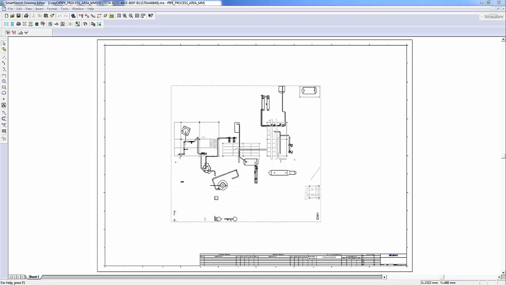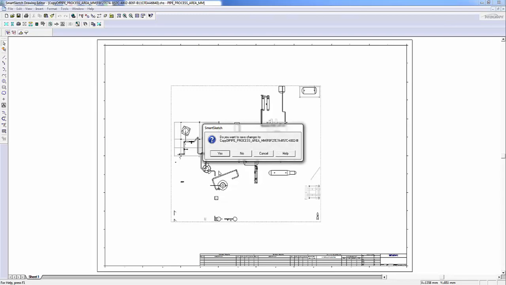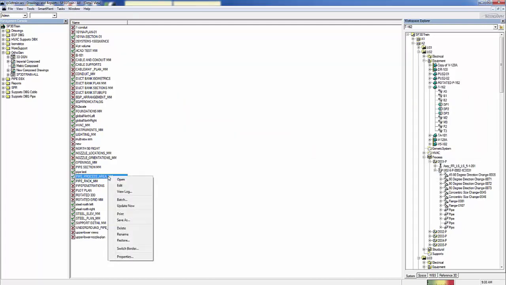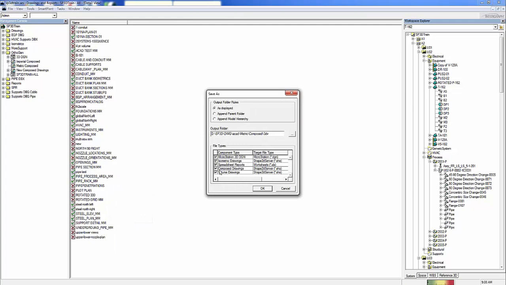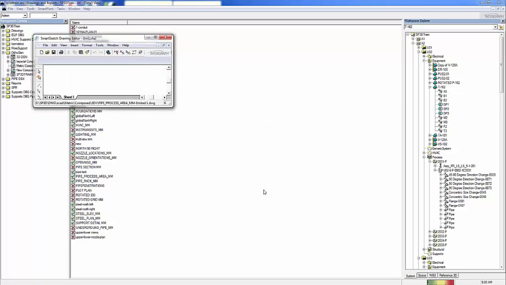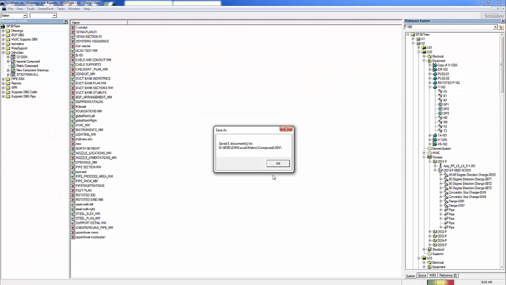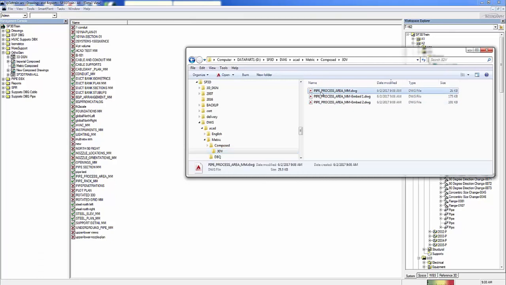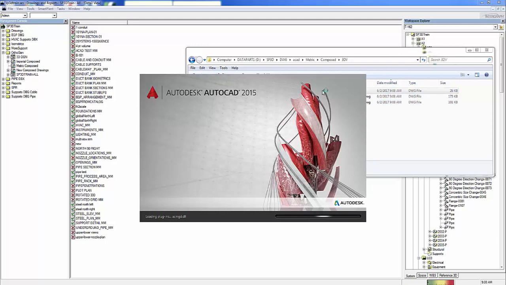First, you must create a folder in your drawing folder called 3DV. Use the S3D Drawings Save As command to store the drawings for Orthogen to process. Select Compose Drawings and set the file type to AutoCAD. You can also define the seed file to be used when doing the Save As operation. A SmartSketch dialog will appear showing the drawing has been saved to a .dwg format into the 3DV folder you just created. We now have a set of AutoCAD drawing files in the 3DV folder.